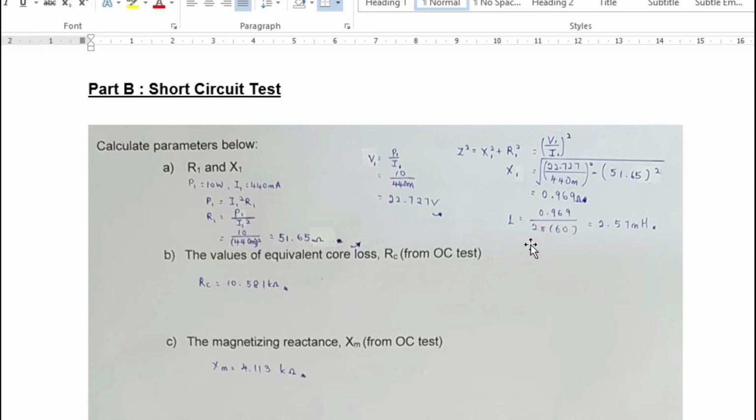Then we apply the formula X1 over 2 pi F, and we got 2.51